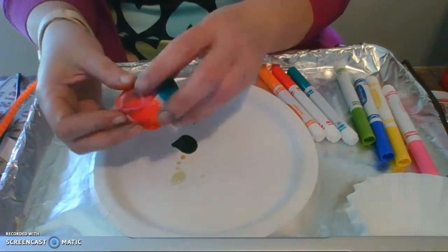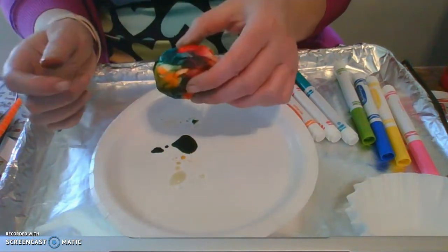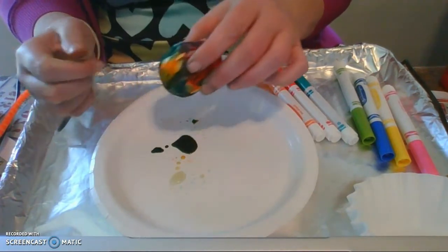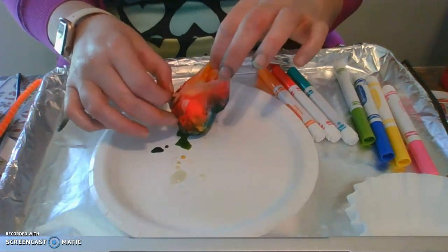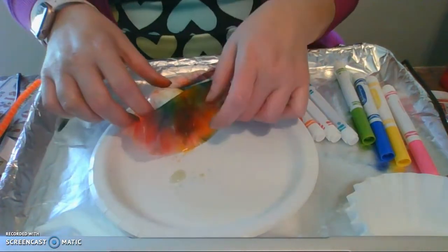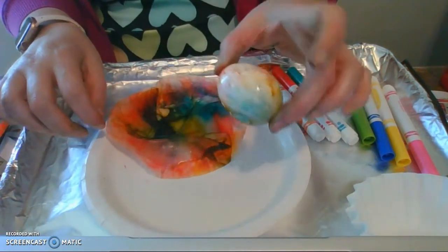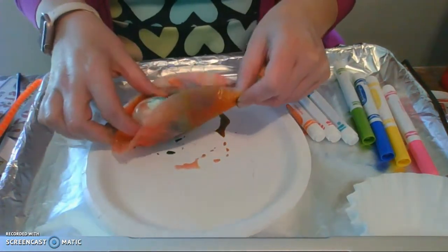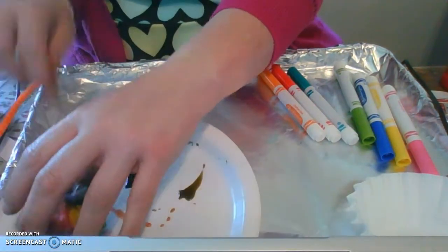And then I have discovered that the longer you leave it in this coffee filter, the darker it will be, okay? The less time you leave it in here, the lighter it will be. When you are ready, you will just open your coffee filter and your egg kind of looks like a tie-dye. Okay, now I'm going to wrap this back up and leave it to set for a few minutes while I show you a couple of other eggs